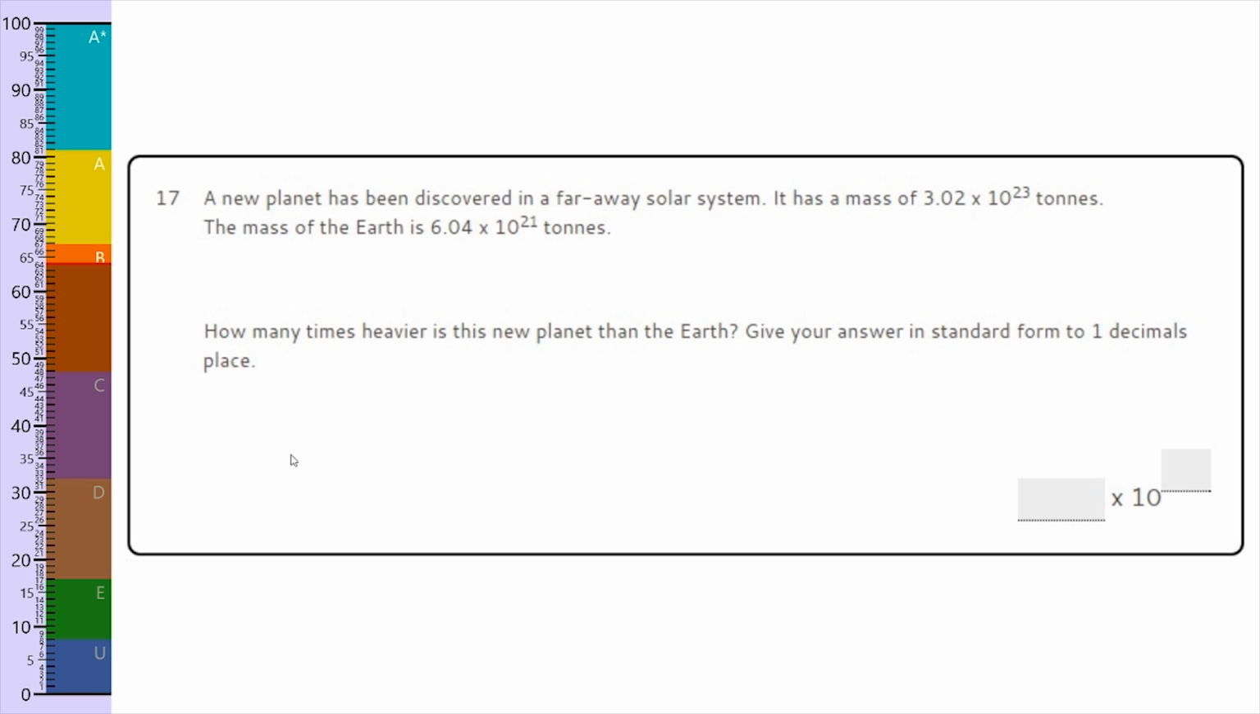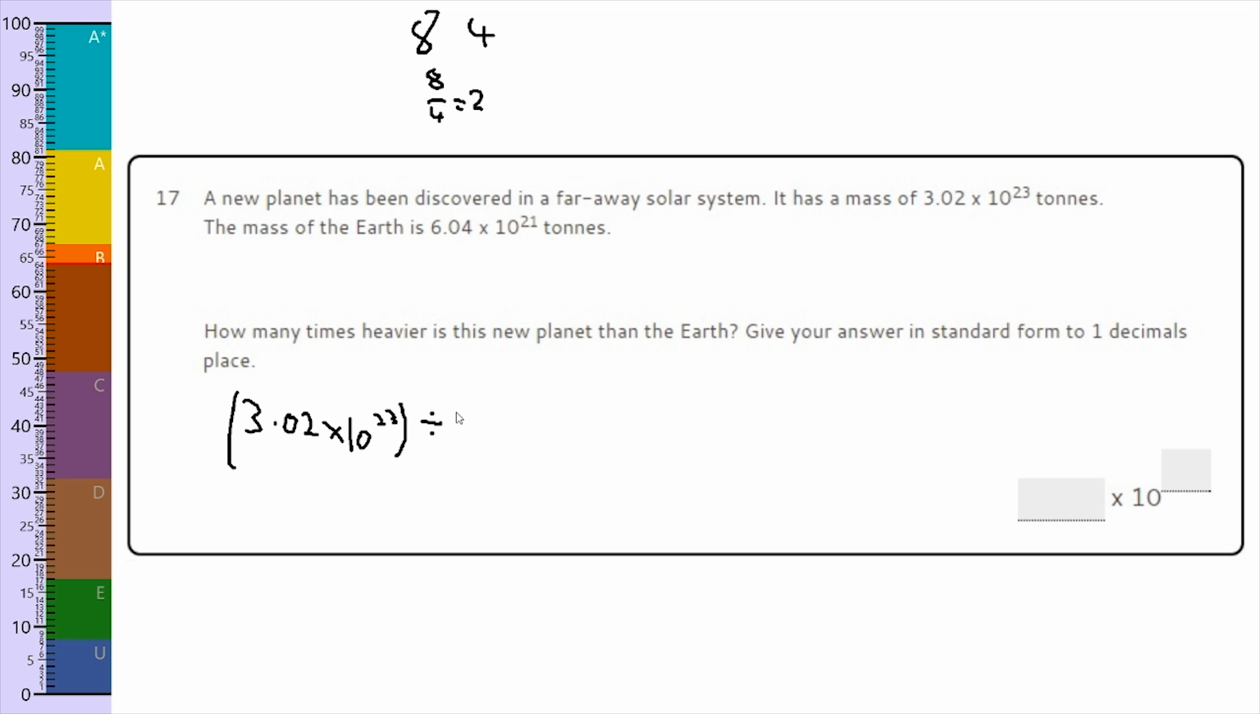Okay, so for this question we need to divide. It's saying that this one here is heavier than this one, and it wants to know how many times heavier. So if I had 8 and 4, to find out how many times heavier 8 is than 4, I would do 8 divided by 4. It's 2 times heavier. So I need to do this divided by this. So let's put it into brackets, 3.02 times 10 to the power of 23